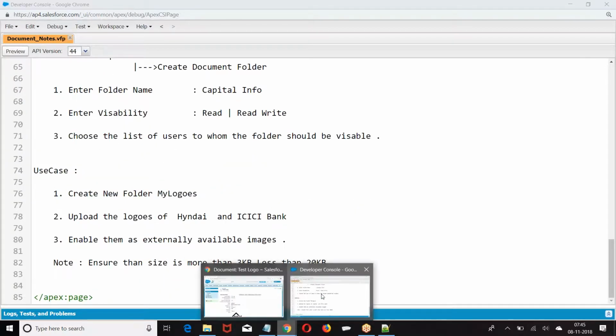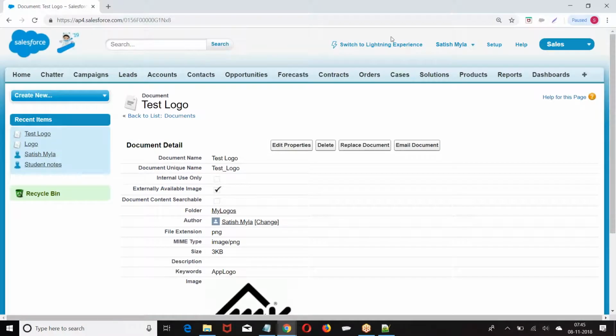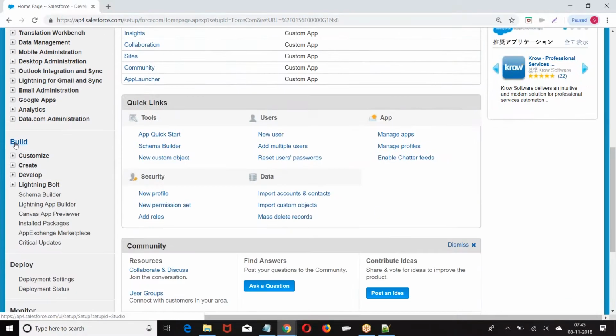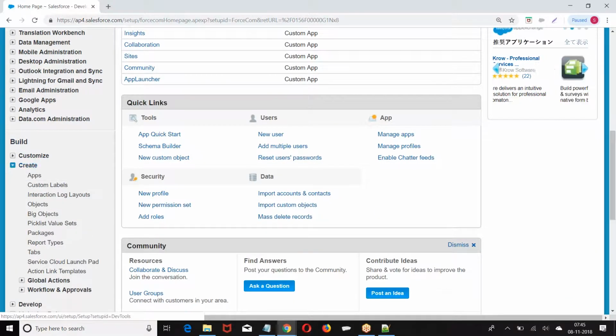How do you create an application? If you want to create an application, set up, build, create apps.